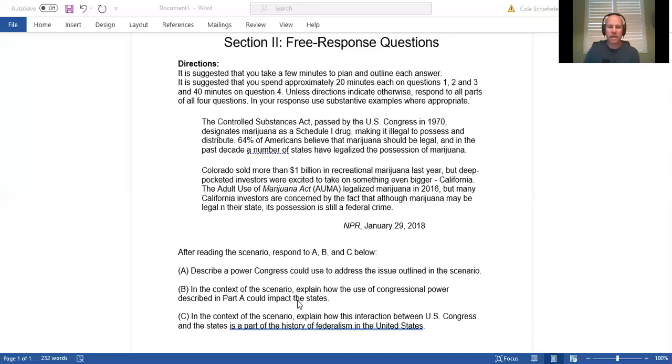But here, I think it's key that you just in your head list out multiple, identify multiple correct answers, and then pick the one that you're most confident in answering. Okay, so there's more than one correct answer for part A, there's more than one correct answer for part B, and there's also more than one correct answer for part C. What you need to do is in your head, try to brainstorm very quickly and think about what some of the possible correct answers are, and then answer using the one that you're most confident in answering.